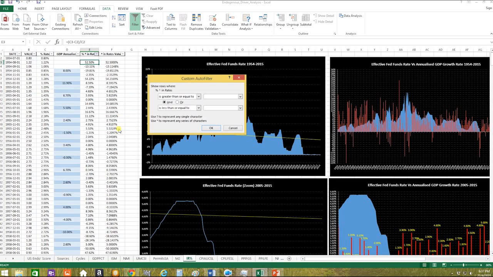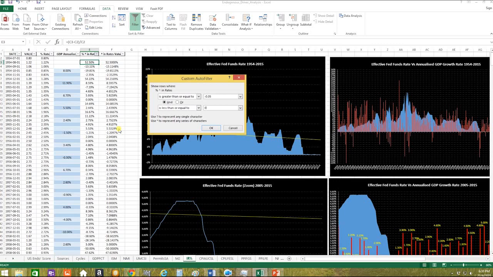And if we just pick an example, we look at minus 5% and 0%. So what we're doing here is looking for the percentage change in interest rates that fall between 0 and minus 5%,